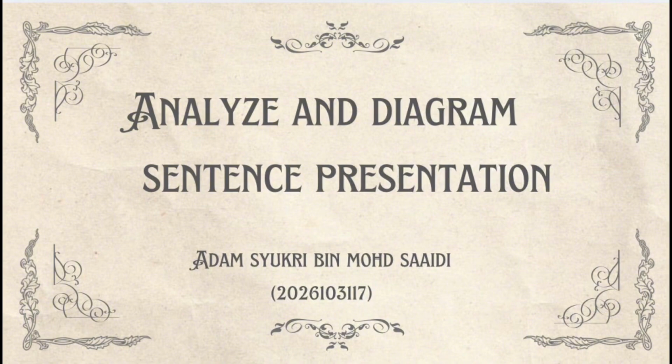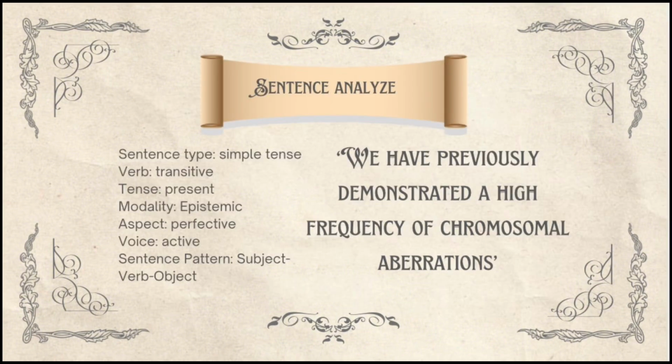So for the entries, we are required to choose one article related to the editor. The sentence that we have to choose must have a modifier in it, so we have to diagram it and show you guys how the modifier works in it. The article that I chose is a letter to the editor of Environmental and Molecular Mutagenesis in regard of Ramos et al. So the sentence that I decided to go with is, we have previously demonstrated a high frequency